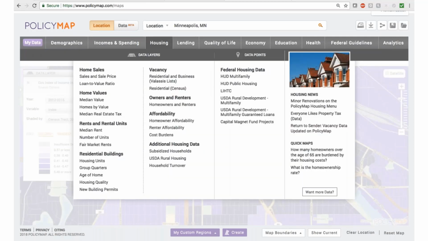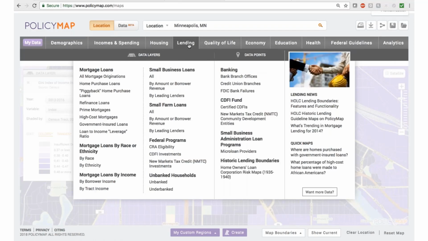So now here there is information related to housing, home values, vacancy rates are here as well. Information about mortgages and mortgage loans and where small business loans and small farm loans are. In addition, there are data points that have to do with banking and community development financial institutions. And here's a neat